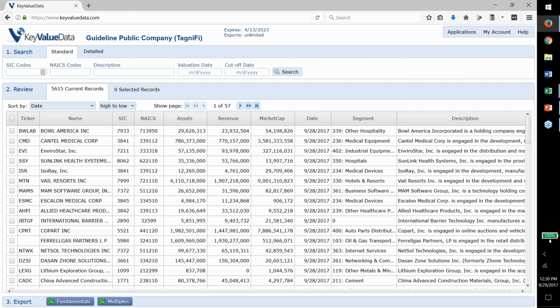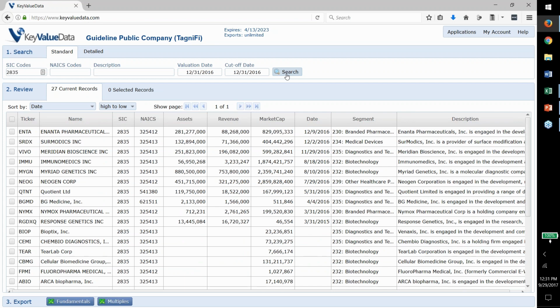SIC code 2835. I'm not going to put in a description. Valuation date 12/31/2016. And if I put in a cutoff date of 12/31/2016, I'm going to press search, and only that information that was published as of 12/31/2016 is going to come through. And you should be able to tell over here, so here's the SIC code, it came through, and now I can start to look at some of these dates over here. So I have a 4/4 of 2016, and I have an 8/10 of 2016. So those are annual financial statements, August of 2016, because nothing had been published after that for the